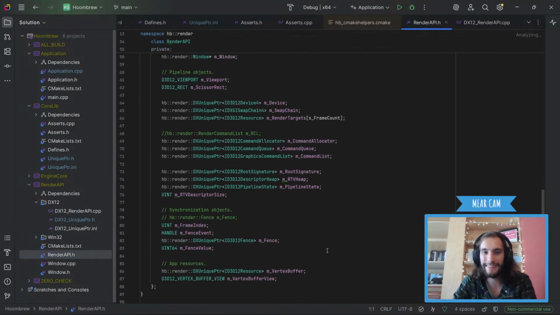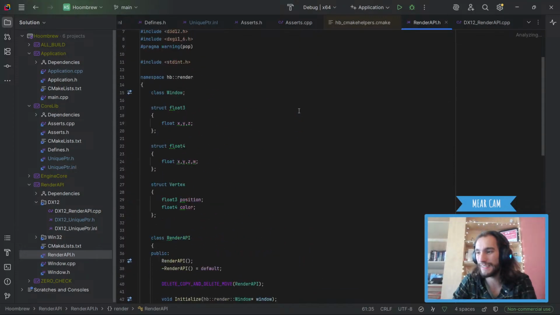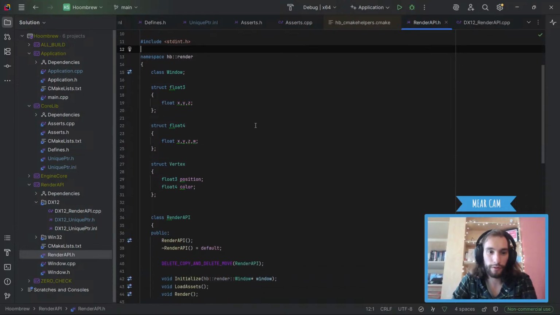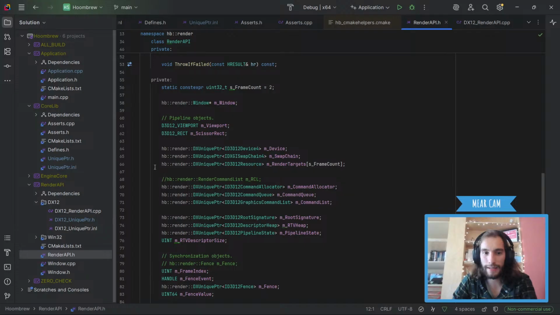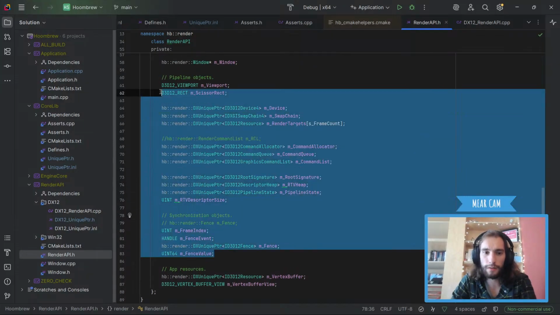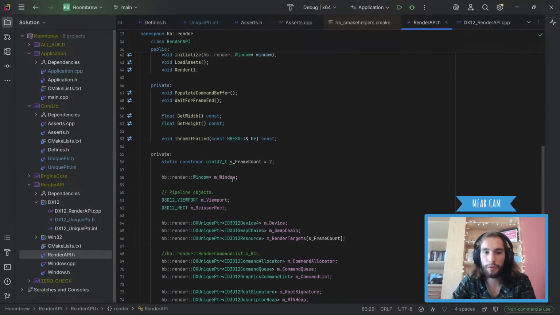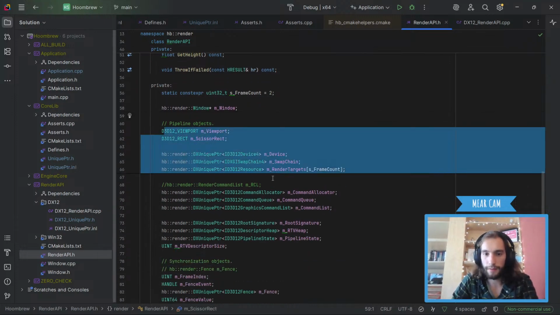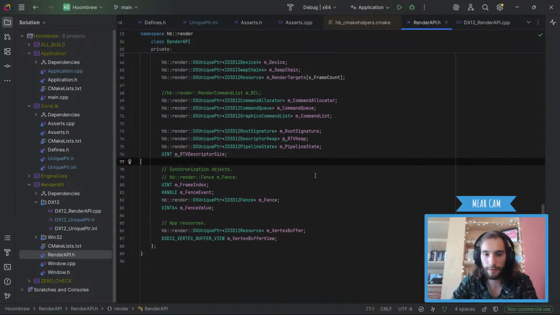So currently this is badly implemented because it has a link to DirectX 12. We want to hide that from our end user, which I already started working on, but it's not fully done yet. So you don't want any reference to DirectX 12 in here by the time we're done. All of these will have to be separate types, which we already did for the window. The window is already obfuscated. This uses windows, but we don't see that here. We actually only see that in the implementation later on. So that's good. All of these will have to change eventually, but let's start with our model.